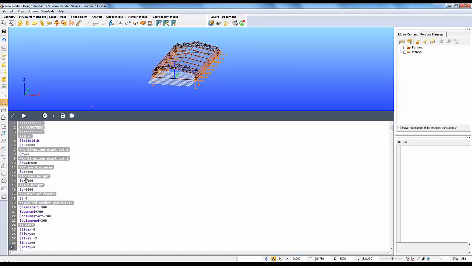The column height, let's modify to 5,000 millimeters, and the top height to 8,000 millimeters, the number of the frames from 8 to 10. And for example, I modify a bit the tapered column member. The end height will be 1,000 millimeters. The start point height will be 3,000 millimeters. And if I run the code again,